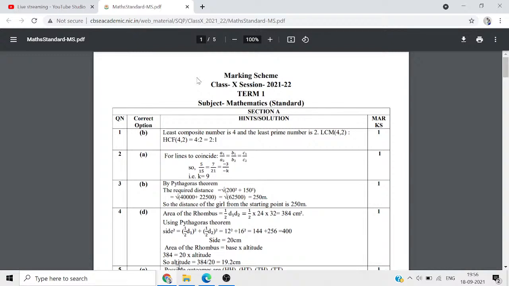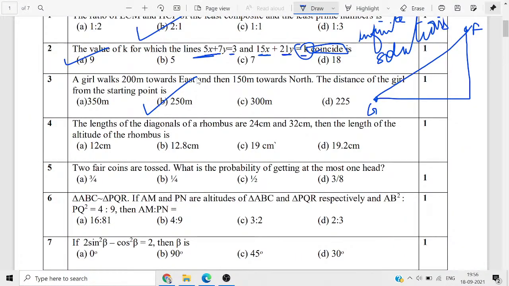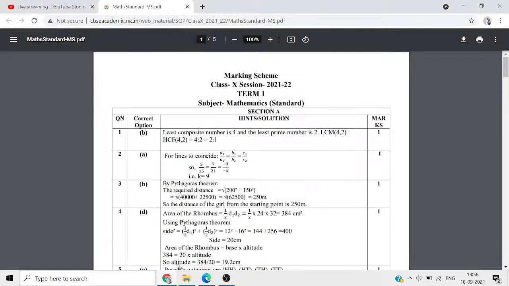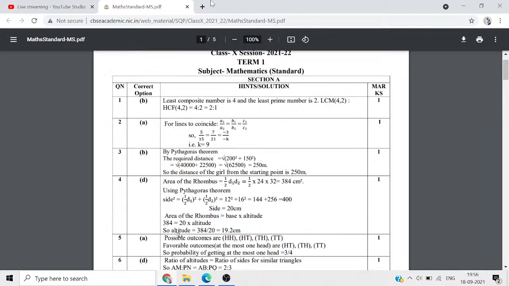Now let us just move ahead with the next question, which says the length of the diagonals of a rhombus are 24 centimeters and 32 centimeters. Then the length of the altitude of the rhombus is what? So does anyone know the formula for it? See, as you can see over here, area of the rhombus is nothing but your